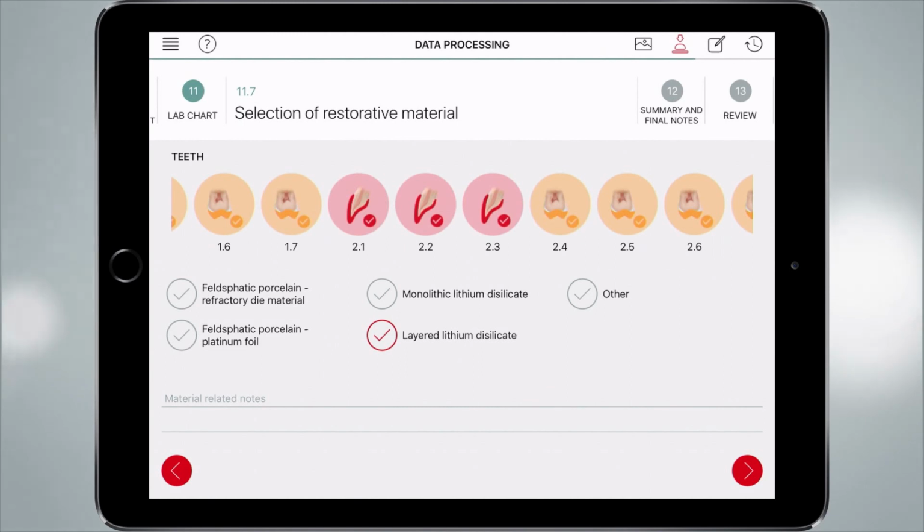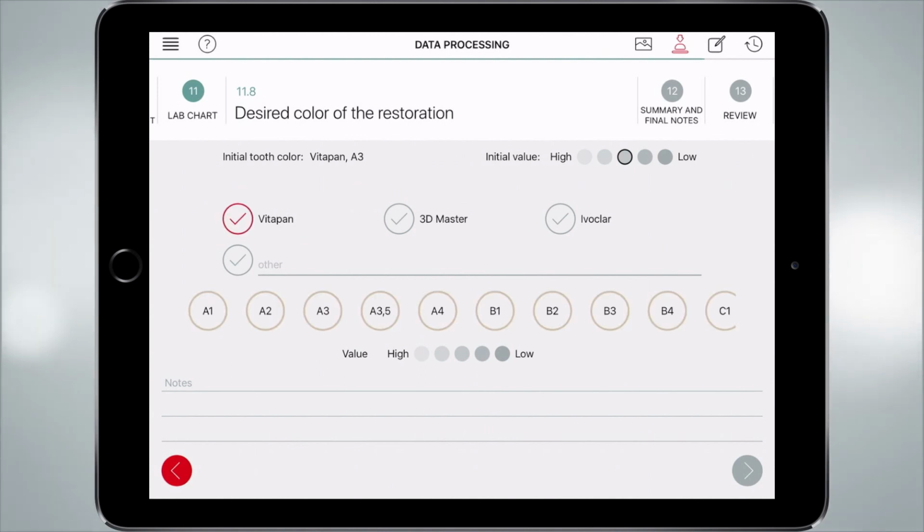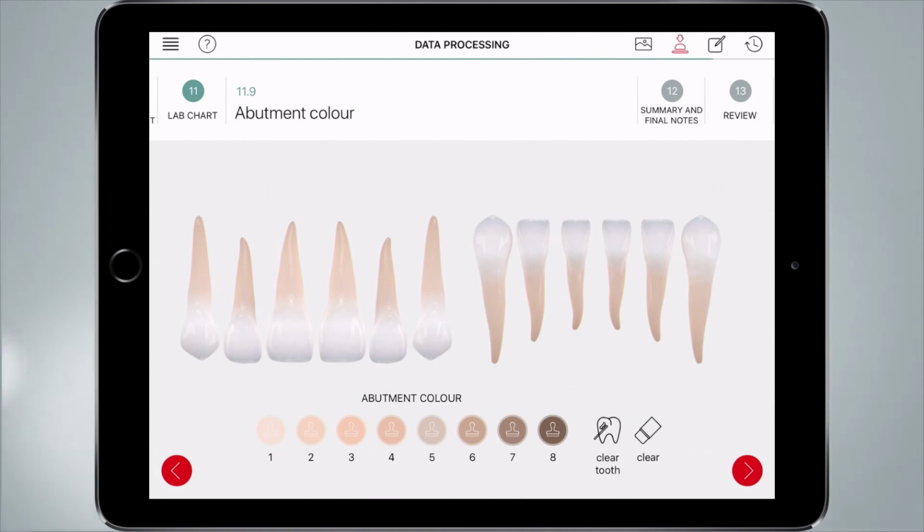So from step 11.7, we go to step 11.8. Remember, the initial tooth color was 8.83 Vitapen, but now we want to decide what will be the final outcome, which color. And we want the A1, but even though we have selected the A1 color, you see on the bottom right side we have the gray arrow. Why? Because you have not detected or selected the value. Remember, it was in between low and high. Now you want a higher value, more brightness. Now the arrow becomes red, so I move from step 11.8 to step 11.9,